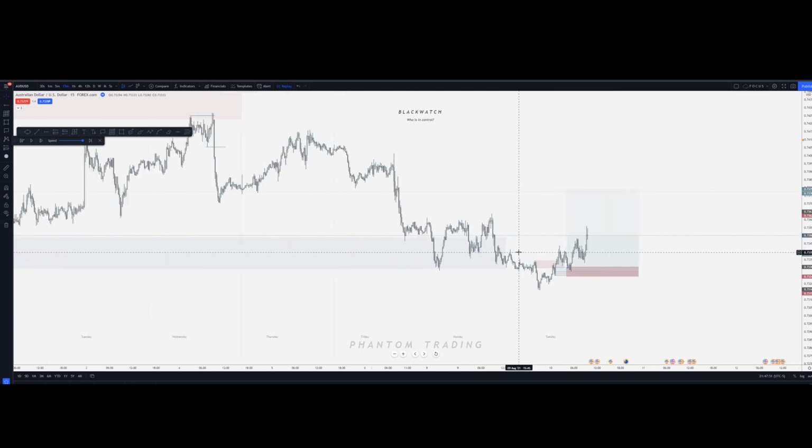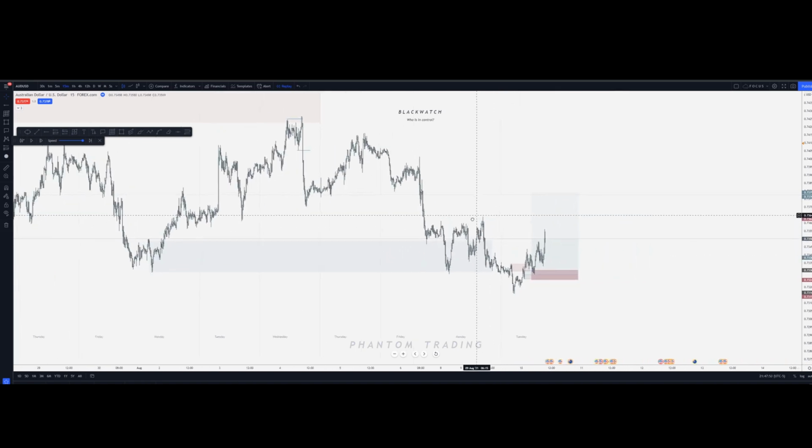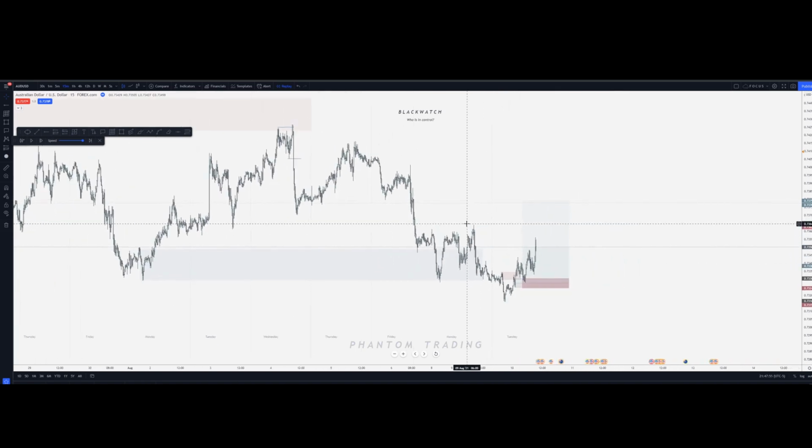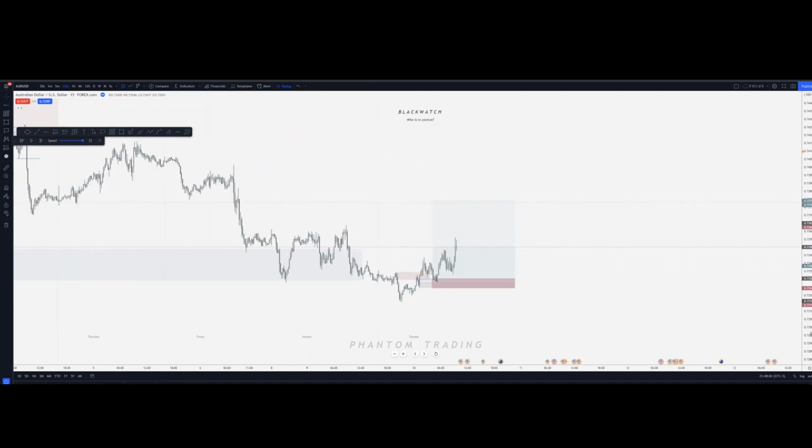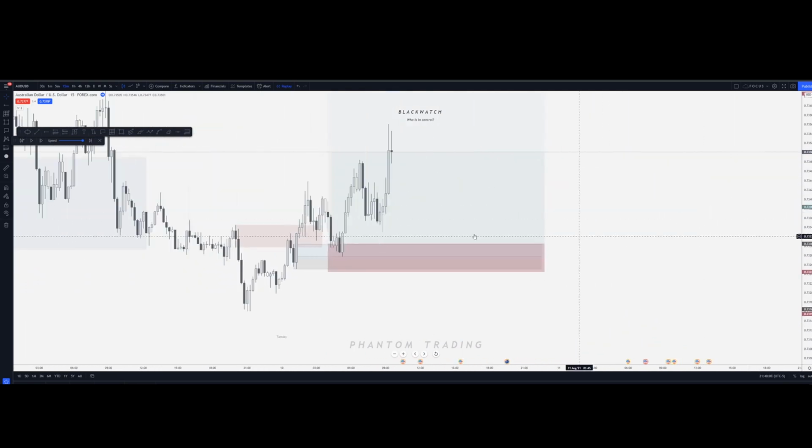Now, the cool thing about this is once we take out this high, that's the first level of internal range liquidity that we can expect to go. So I would expect this to go. And I need to look at the higher time frame to see where my valid supply zones are, but we'll kind of play it by ear. So back to the break even part, right? This high is the catalyst essentially that gave me my pullback for my entry.